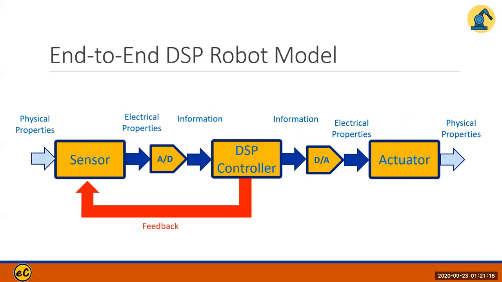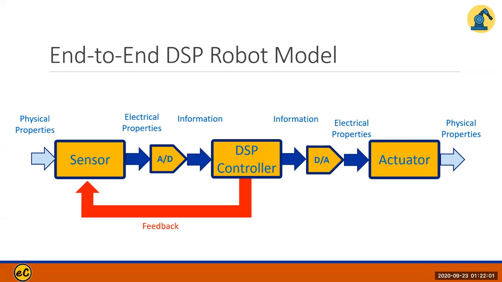And you can have a DSP in the middle, so we can create a feedback system. So basically you can control the sensor for tracking, or you can tune the parameters of the actuator. Here I just drew the feedback portion in red. So you sense the physical property, convert it to an electrical signal and then to a digital signal, and the digital signal is processed by the DSP processor, which creates a digital signal that is then converted to an analog property and controls some circuitry or some mechanical parts, making the actuator move,